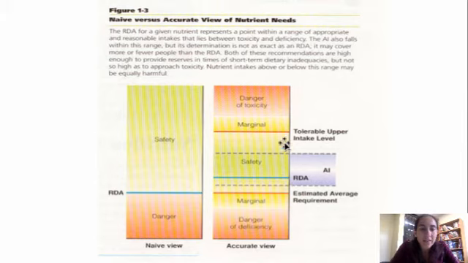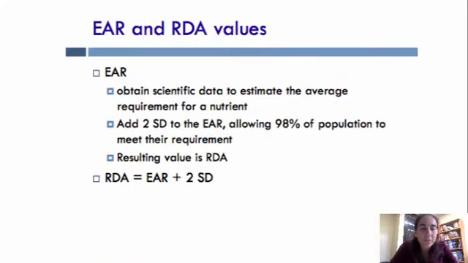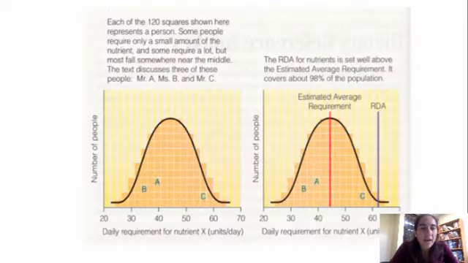And then going above the RDA, especially once we get above the UL, we have this risk of toxicity that gets higher and higher as we get beyond the UL level. Just to emphasize again, we have the EAR and the RDA, with the RDA being 2 standard deviations above the EAR. And this is a nice schematic of individuals and their risk of deficiency and their needs and how that relates to the DRIs. So the RDA is a level estimated to meet the needs of 98% of the population,